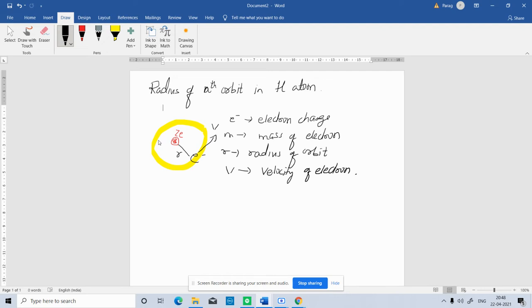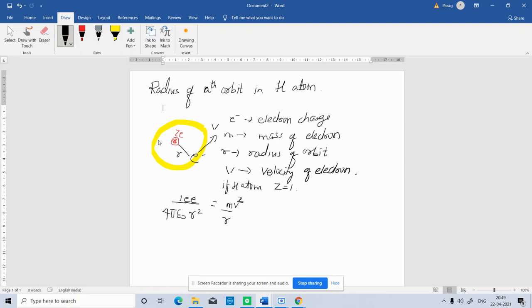So between electron and the nucleus, there is Coulomb force of attraction that will be given by 1 by 4 pi epsilon naught. It is between electron and the nucleus. The charge of the nucleus is Z. If it is hydrogen atom, then Z will be equal to 1, right? So instead of Z I write e, and e into e divided by the distance between them, r square. This is Coulomb force of attraction between the electron and nucleus. It will also be equal to the centripetal force, because the electron is revolving in a circular path. Centripetal force is towards the center.